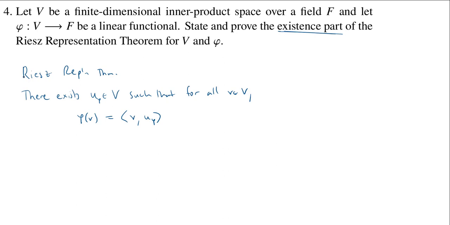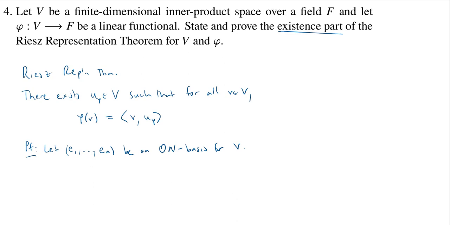All right, so now we'd like to prove this. And the nice thing is, once we did the proof in class, we knew this u phi is given very constructively, so we can just write that down. The first thing we did is we said, well, let's take an orthonormal basis for V. We know that's always possible. We can use the Gram-Schmidt method. So we'll let e1 through en be an orthonormal basis